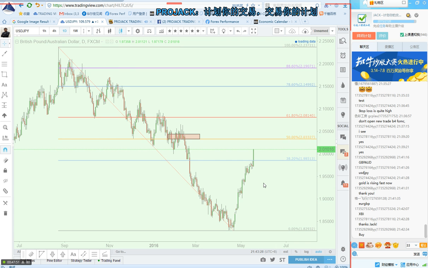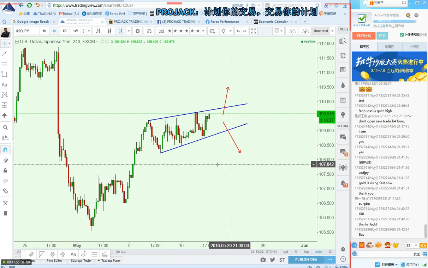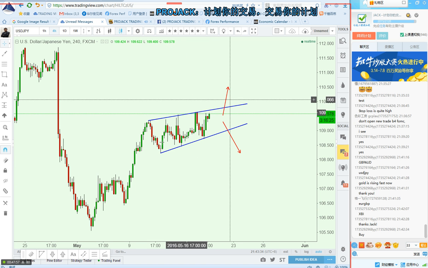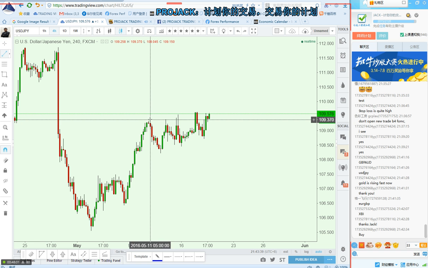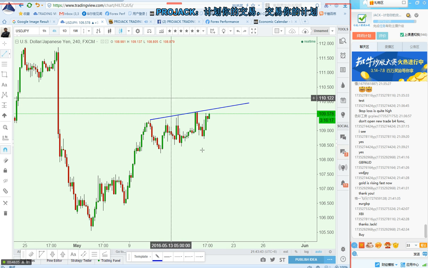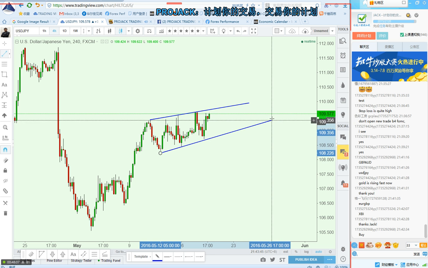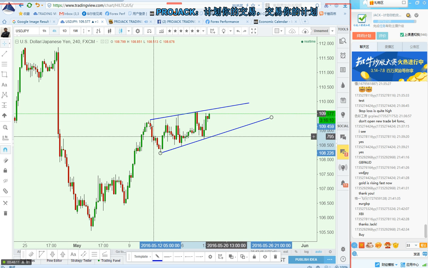Okay, let's see dollar yen. We have a channel. The channel is made by these two lines. You connect the higher points, and you connect the lower points. So dollar yen is now in this kind of channel, but before this channel,